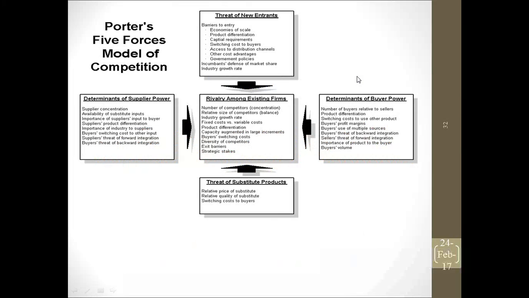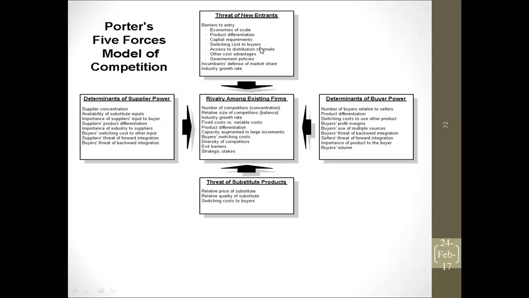Next, we are looking at Porter's Five Forces. Have you ever heard of Porter's Five Forces? Not before a few weeks ago. I think we discussed it a little bit. Okay, Porter's Five Forces is a model given by Michael Porter. When we need to analyze something, we can use these five forces for analysis purposes.